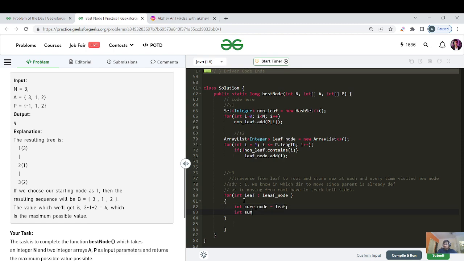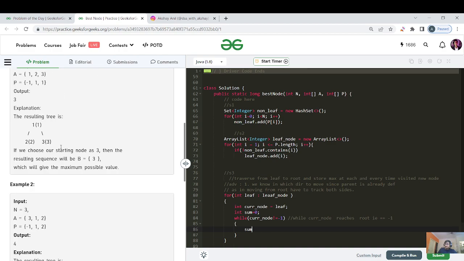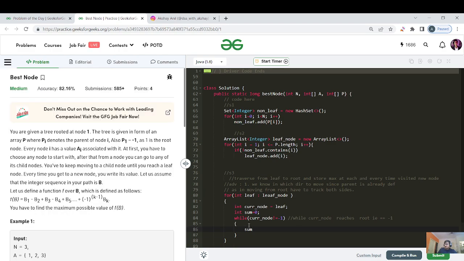The first step was to maintain a sum variable that is equal to 0. Now there is one loop that runs until our current node goes beyond the processing of our root node. We have to do the processing until it reaches the root node. So this is the while loop, while our current node reaches the root, and it will process that as well. And since the function b is plus minus again for each and every next time we visit it,